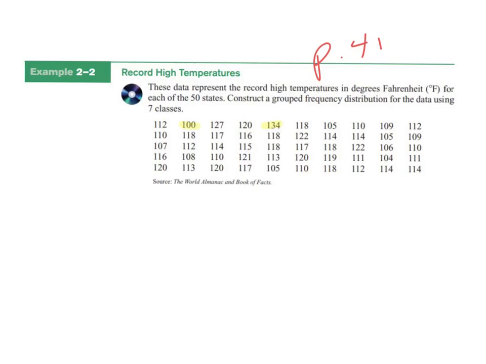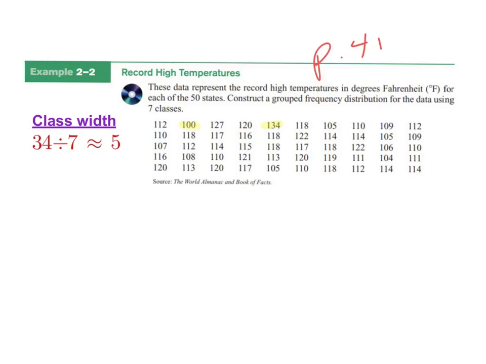It's like 34 degrees, right? So what I'm going to do is take that 34 and divide it by 7, because that's the number of classes, and that should tell me width. Okay, so here's what we're going to do: find our class width, and that's that 34 divided by 7, which is almost 5, which is good. Our class width is an odd number,